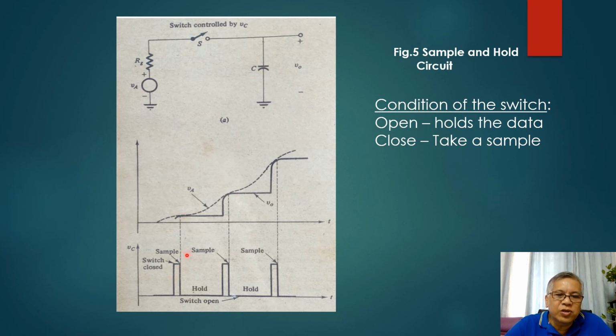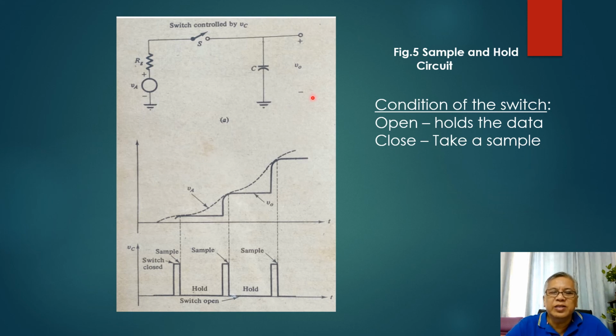If the switch is closed, this particular data here will be charged into your capacitor. And when you open the switch, what does it mean? It holds the data. So, for a period of time, this data, which is charged in your capacitor, will be held for a certain period of time. And this data will be transmitted into your output VO and going as input to your analog to digital converter